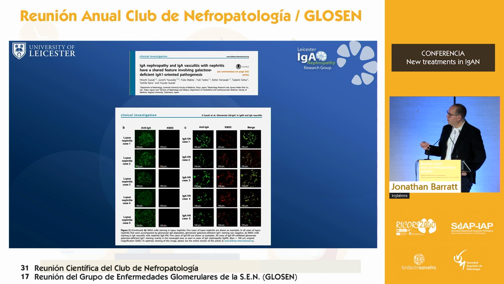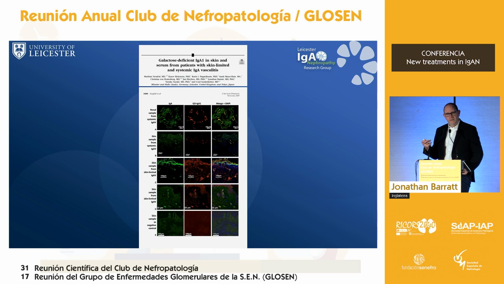And actually when we look, we can see those immune complexes are equally relevant in IgA vasculitis. Here is some kidney tissue that has been stained for IgA immune complexes, looking specifically for that abnormal form of IgA, Gd-IgA1. You can see in these IgA vasculitic patients, this KM55 antibody recognizes those specific IgA molecules. There is staining in the IgA vasculitis kidney, and there is no staining in lupus nephritis cases. So those immune complexes appear to behave very similarly.